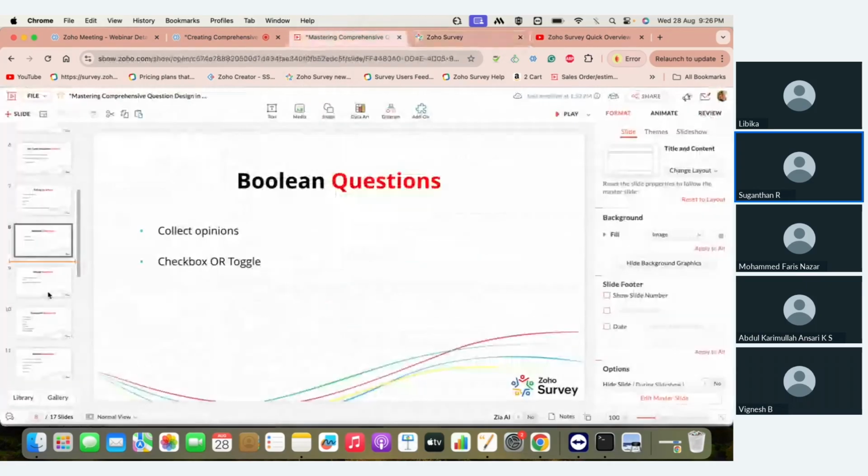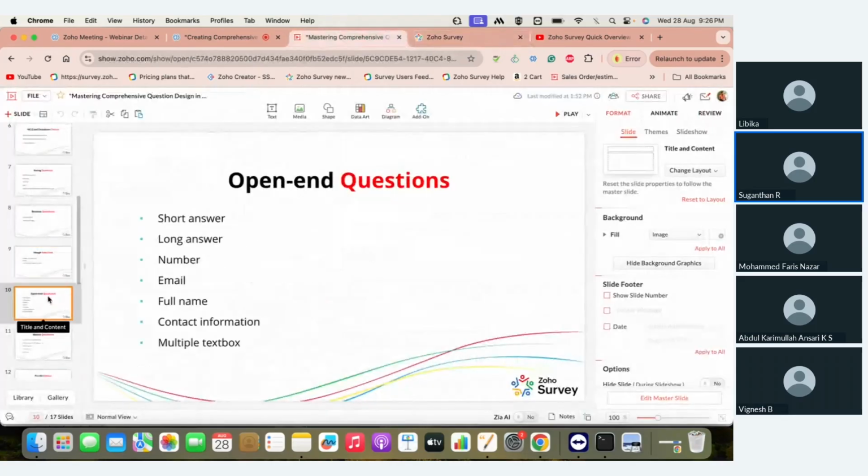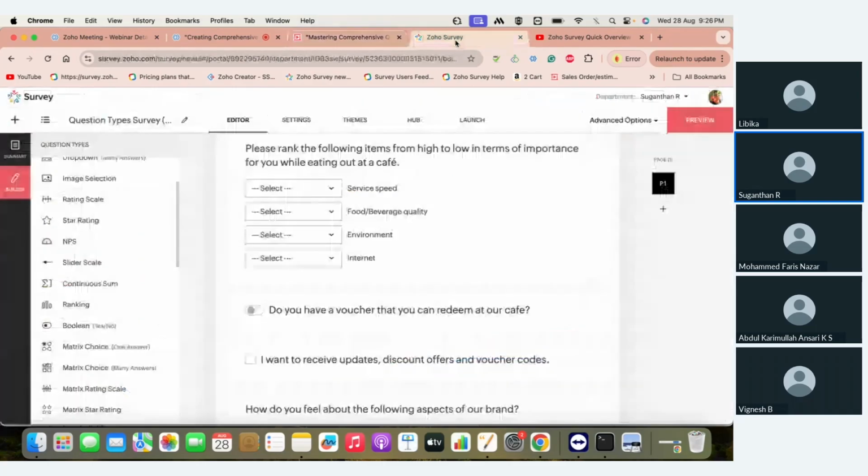And then we have the image selection that has also been discussed earlier. And we'll move forward to the open-end questions. Now we have these many types of questions to choose from. With open-end questions, we have short answers, long answers, numbers, email, full name, contact, multiple text box, and so on. There are many options available, but each of these questions serves a different purpose. For reference,